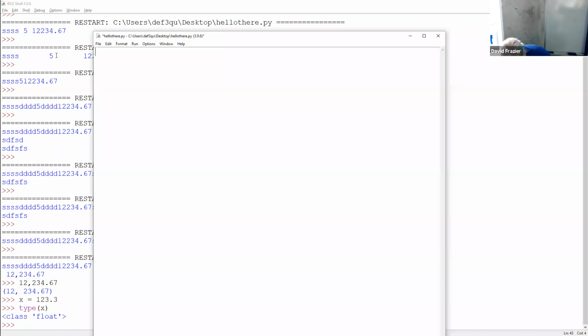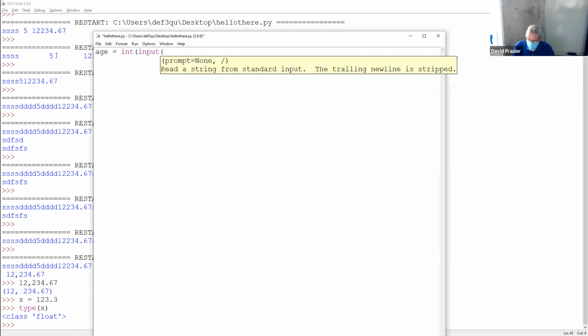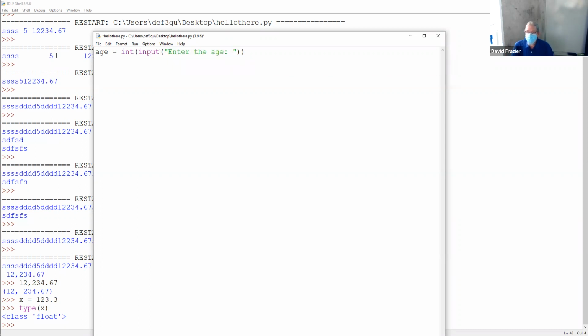an input validation loop. Every time you ask for input, you need to ask yourself if there are reasonable values. Let's say I have something like age is equal to int input, enter the age of whatever we're trying to do. Age can't be less than 0. It can be 0. Age can't be, let's say, over 120. So I need to have an age validation